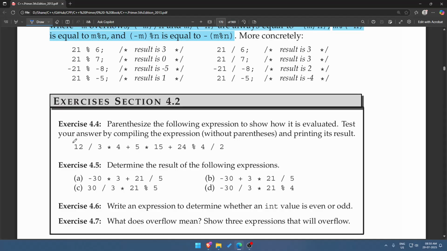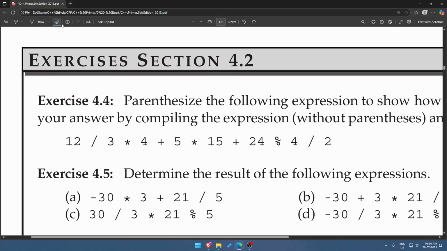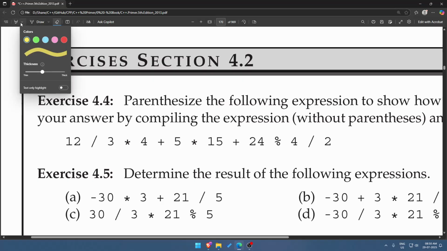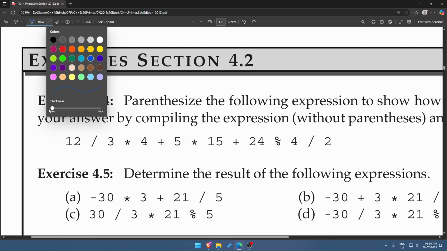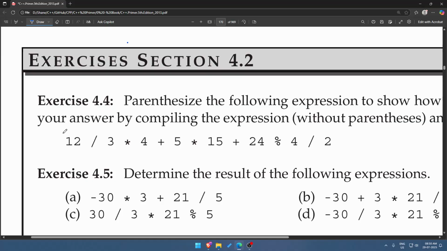So we'll go with this, then this will be evaluated first. 12 divided by 3 is 4, 4 into 4 is 16. Then this will be evaluated,